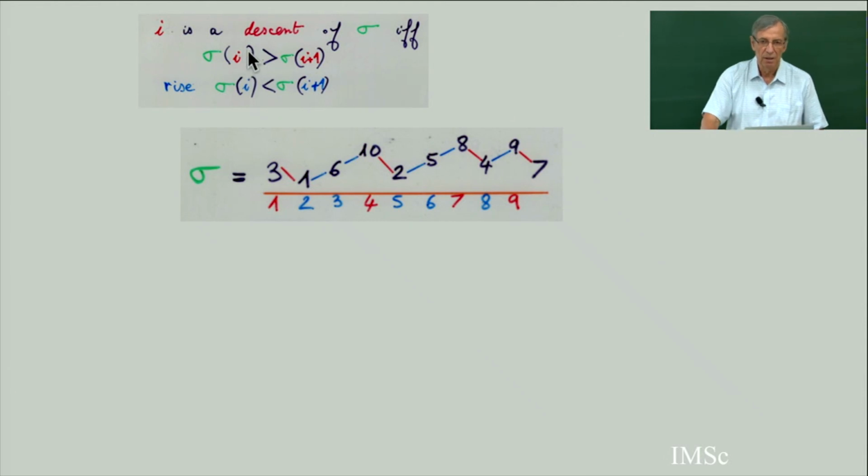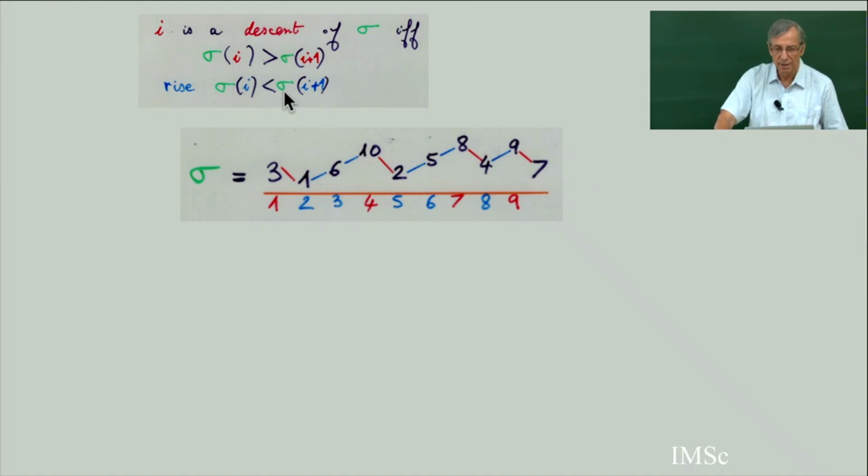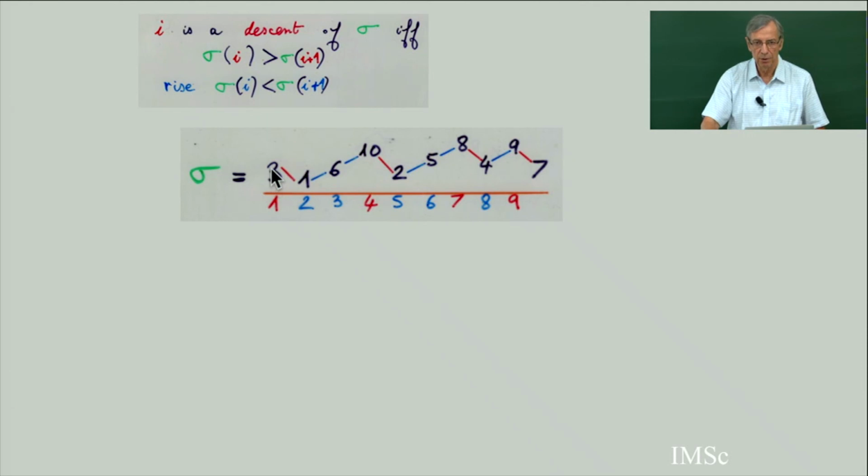Then for a descent, we say there is an index i. At the index i, there is a descent of the permutation if and only if sigma(i) is strictly bigger than sigma(i+1), or a rise if sigma(i) is less than sigma(i+1). So here you see I put in red 3 going to 1. So this is a descent at the index 1. Now at the index 2, there is a rise because 6 is bigger than 1, and 10 is bigger than 6. So you look at two consecutive integers, and if the second is bigger than the first one, you say there is a rise at the index of the first one. So rise and descent are exactly the advance and backward of the inverse permutation.